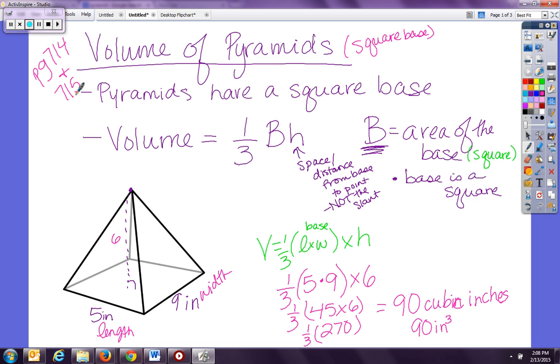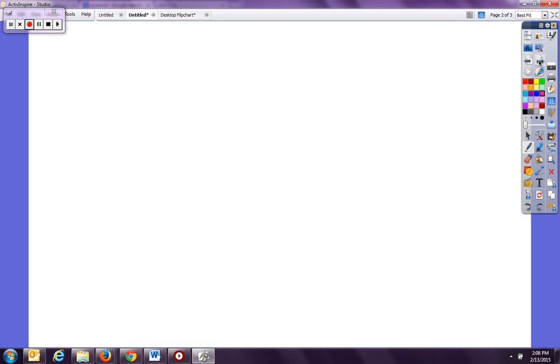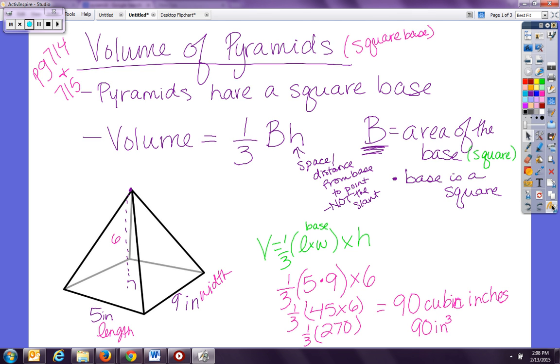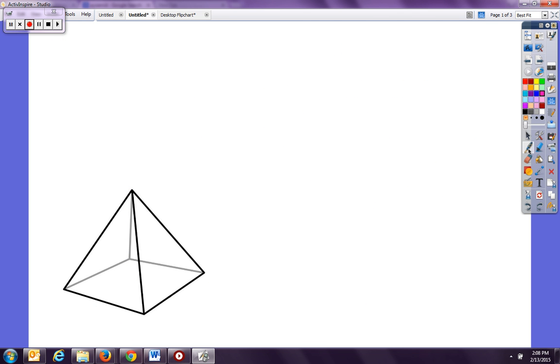An example would be if I was given the same figure that I was given before with the pyramid here, and I was given this 5 and this 9, and I was asked to find the height, then I would have to be given that the volume equals 90. Okay, so we've already solved this, and so we know that the height has to be